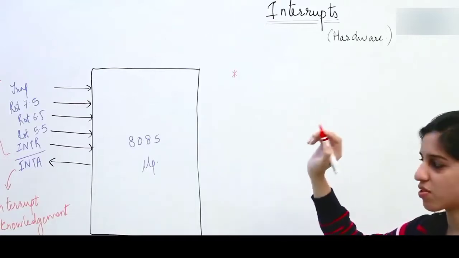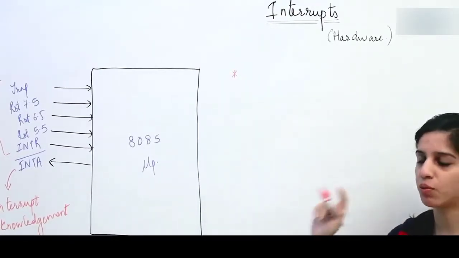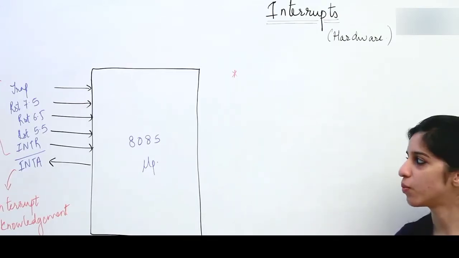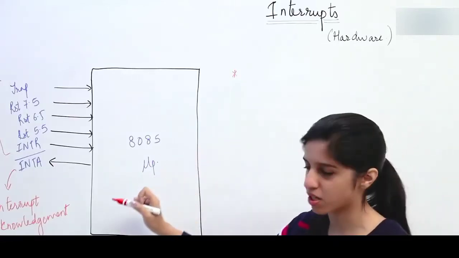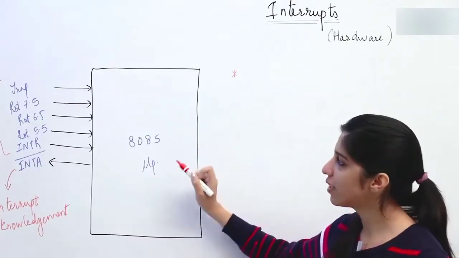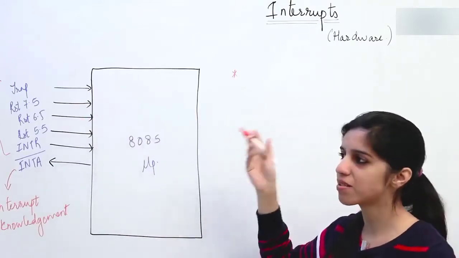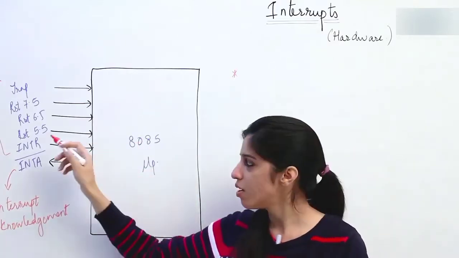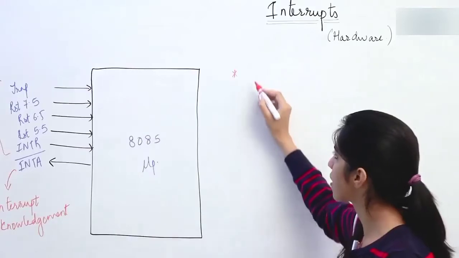the instruction that is being currently executed is never left in between. Whenever you raise an interrupt, the currently executing instruction is never left in between. The microprocessor will always complete the currently executing instruction first, and after that it is going to service the interrupt. Servicing the interrupt means routing to the address which is already known for these interrupts. That is known as servicing the interrupt.